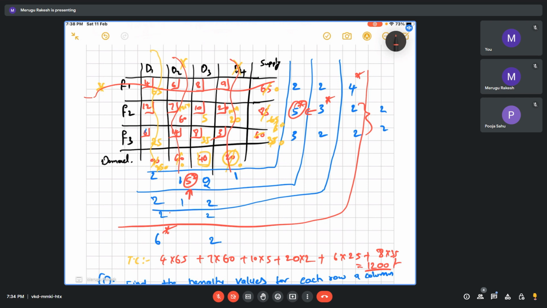So there was one GATE problem similar to this northwest corner method also. You can verify. Okay, this is the method for getting the initial solution or the feasible solution. Why are we saying this is initial or feasible? We don't know whether it is the optimal solution or not. There might be anything. So instead of allocating like this, I can allocate it differently also, because this value 1200, I don't know whether it is the optimum or not. So I have to go and check for this. So for this Vogel's approximation also,